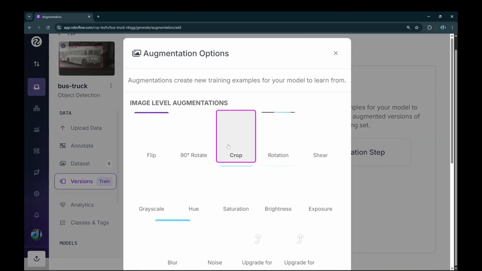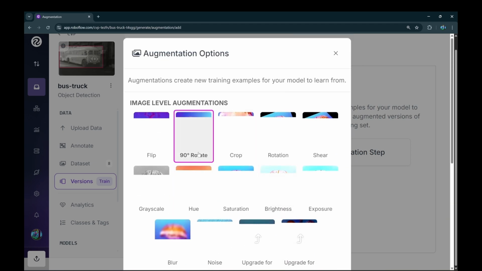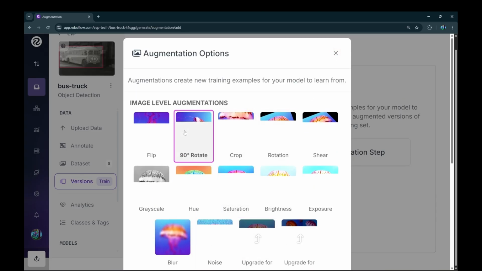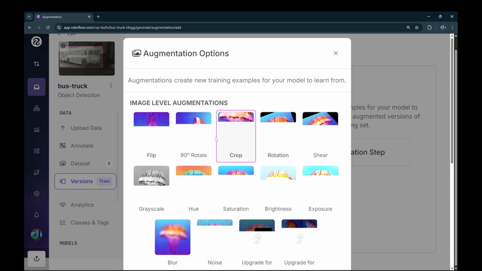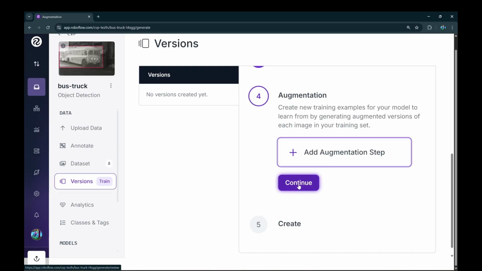So there are different types of augmentation, like flipping, rotating to 90 degrees, cropping your images, etc. You can go through all of this. Altering the hue, saturation, brightness, blurring your image, etc. So if you want, you can add any of these operations if needed, or you can also augment your images using PyTorch as well. I've already made a video on how to augment images using PyTorch, so you can check that out as well if you want. I'm gonna leave this as it is for now,